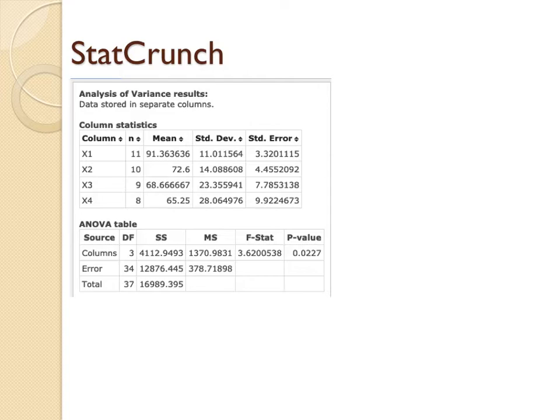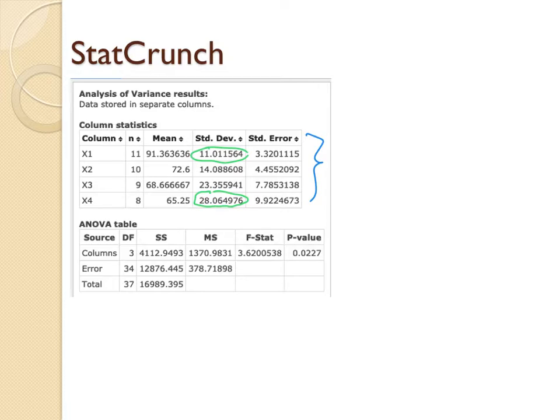Notice that StatCrunch actually gives us a little more information. In particular, rather than draw the picture, it tells us the summary statistics for our data, and this is where we can kind of see that we're out of line with our assumptions. This is the biggest standard deviation. That's the smallest, and if we read the details in the textbook or one of the slides I wrote earlier, it said that when our sample sizes are not the same, we really would like to kind of contain things